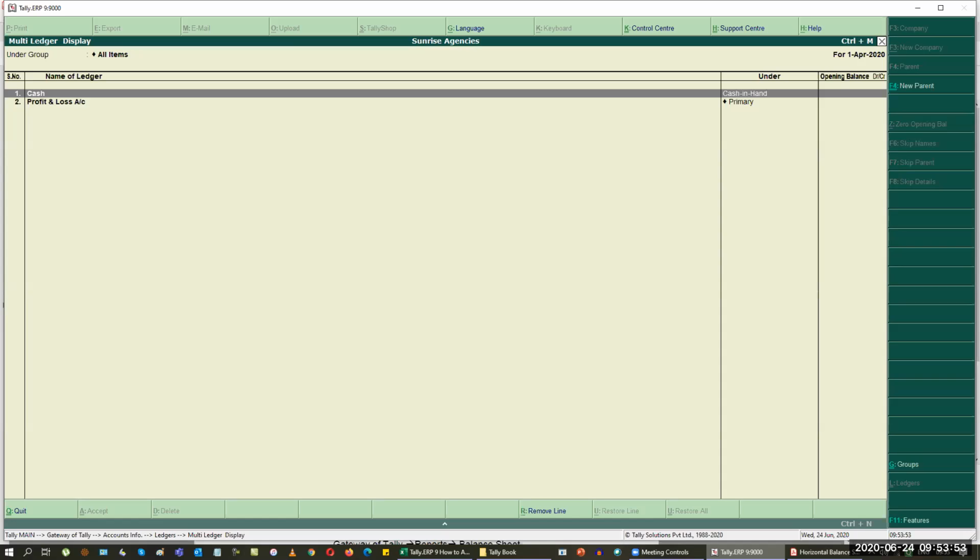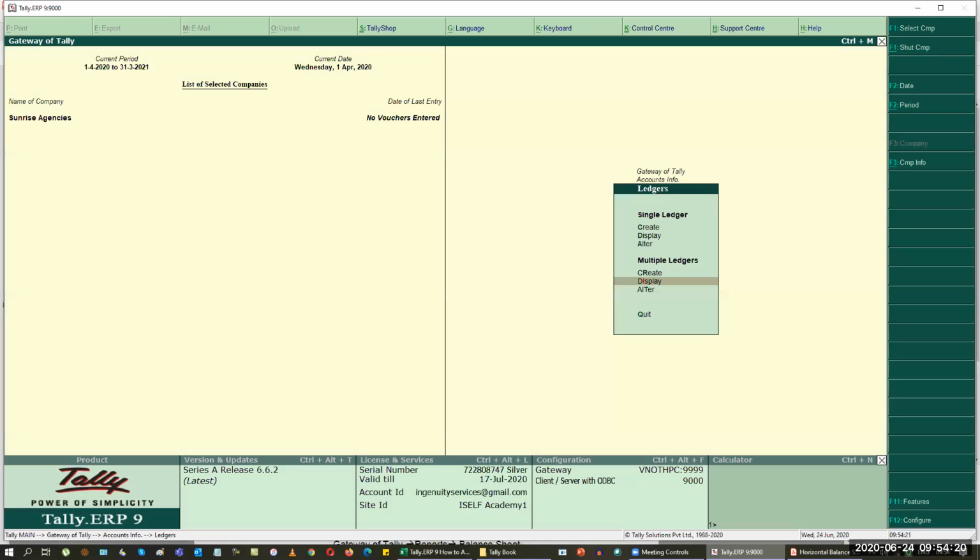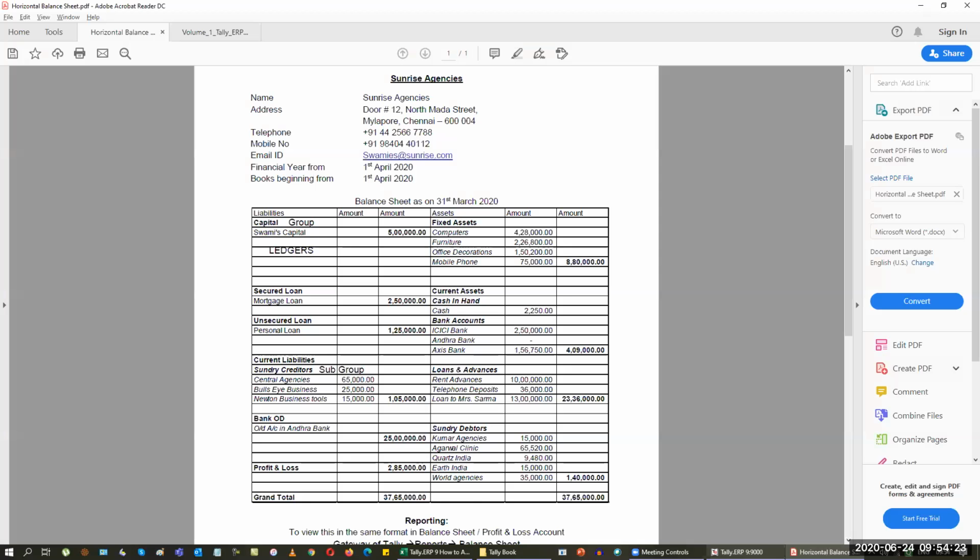So if you closely watch, I have the ledgers here, but there is no value for them. So Tally doesn't know what cash balance you maintain in your accounting. Tally doesn't know your previous year's profit and loss account, which you are about to transfer to the reserves and surplus. So Tally will not give you, or may not know, the information that you have in your system. So now we are about to feed them into the respective ledgers. Whenever I start feeding a balance sheet, I wish to feed the inbuilt ones first, then I can switch to the other part.